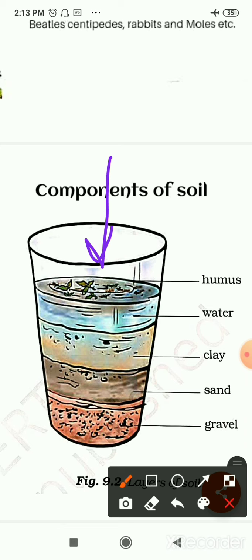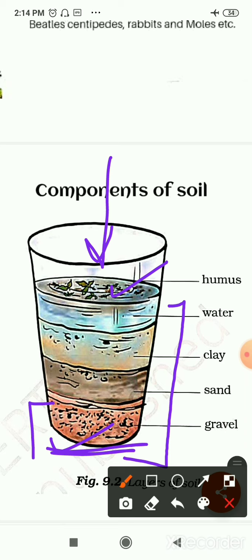It is more good. And then stir its contents which are present in it. Then if leaves are there, remove the leaves. And when the particles settle down, different layers showing the various components of the soil are formed. Now see the observation. You can see the bottom layer is made up of the heavy particles of the gravel.